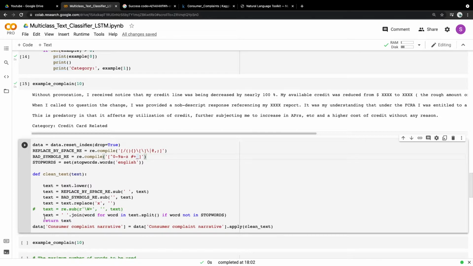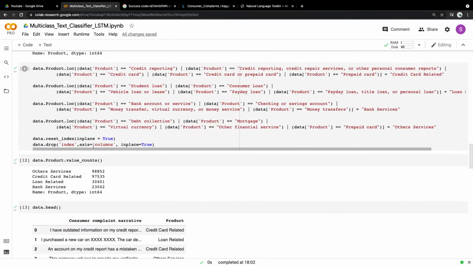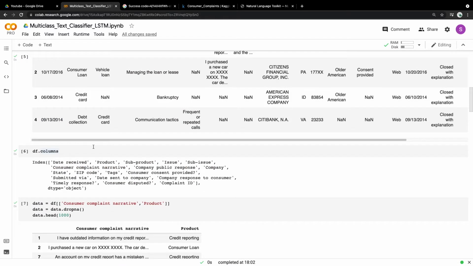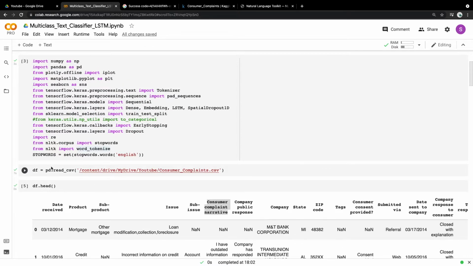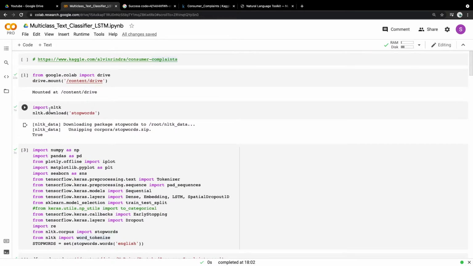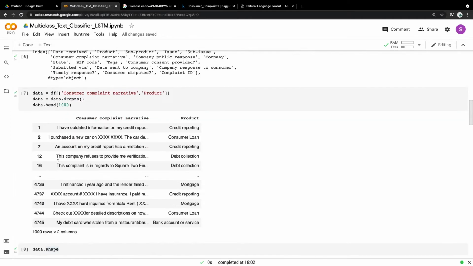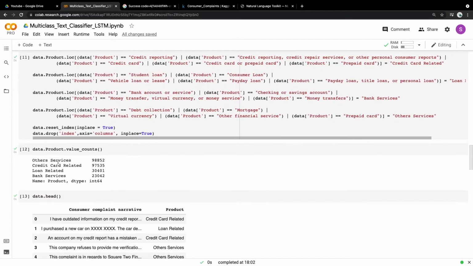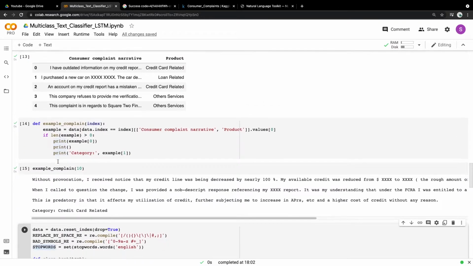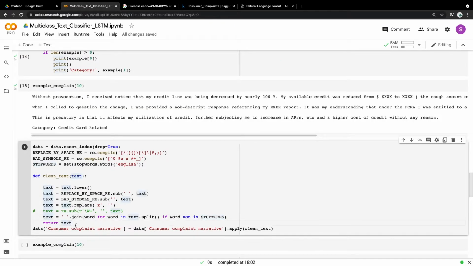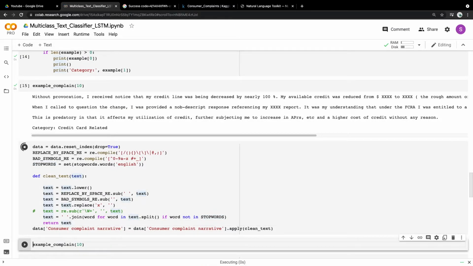Once that is done, we pass the text through the stopwords check, and the stopwords we have downloaded from NLTK above. It will check for all the stopwords present in our data and remove them. So let's run the data frame through this piece of code.